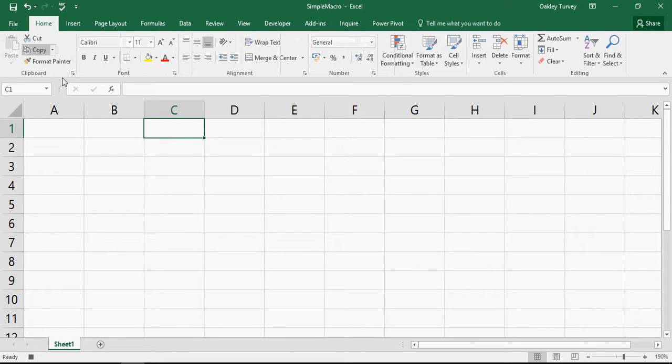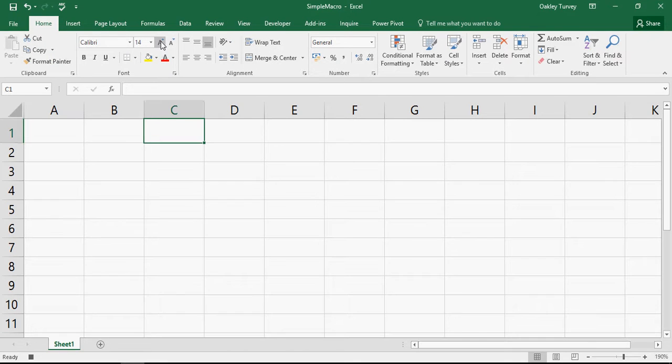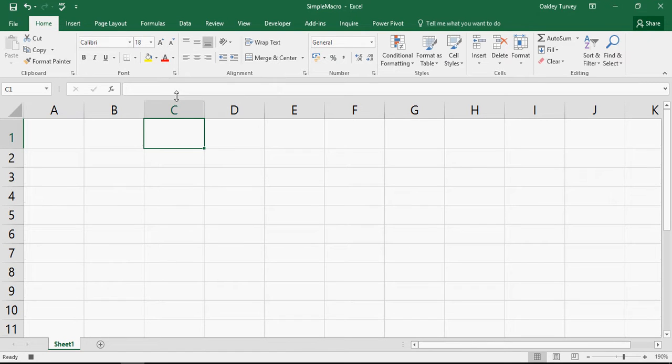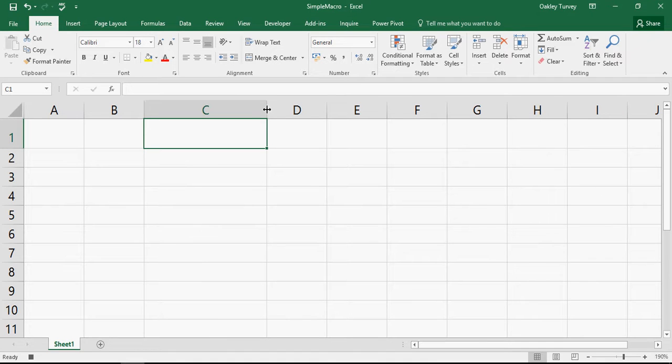So I'm going to go back to the Home tab, make it a little bit bigger. So I've changed the size to 16. In fact, I'll change it to 18. I'm now going to resize the column width. I'll take it out to, there we go, let's take it out to 18 wide. I'm going to change the fill color and the text color. And now what I'm going to do is click in that cell and just type my name in and press enter. Now I'm going to go ahead and stop recording, and we're going to have a look at the code